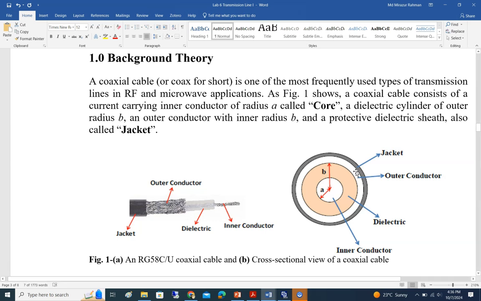A rough calculation uses the formula of skin depth for any coaxial cable. If anyone wants to know more about these things, please email me and I can provide them with some resources. However, we are skipping that part just for today's lab. We are assuming that 0.015 would be an appropriate thickness of this outer conductor for this particular frequency, which is 1.5 gigahertz. So that means from here to here we have 0.335,